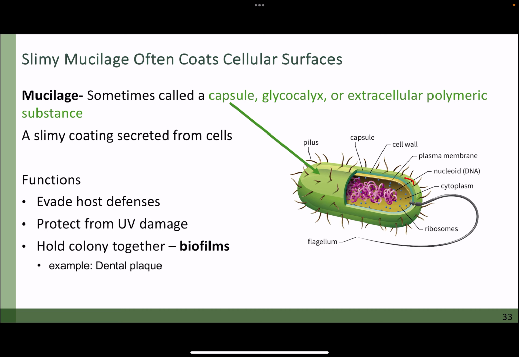Basically, it is used for protection overall, but there are some specific ways that it's used. Mucilage is basically a slimy coating, so think of the word mucus. That's what this is. It's basically just mucus on the outside of the cell, and it's going to help in defending against